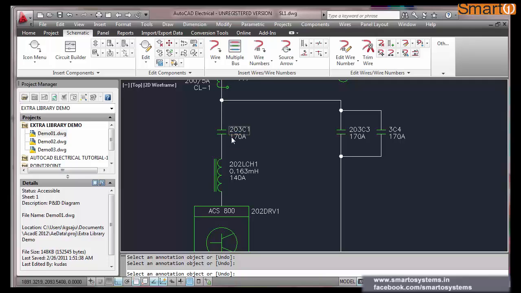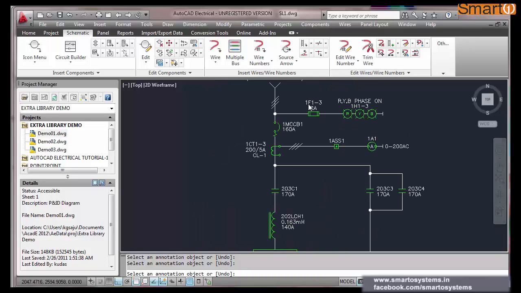That's why I am giving it 203. This is the line choke and drive, we will represent it in 202. We have already drawn these things.